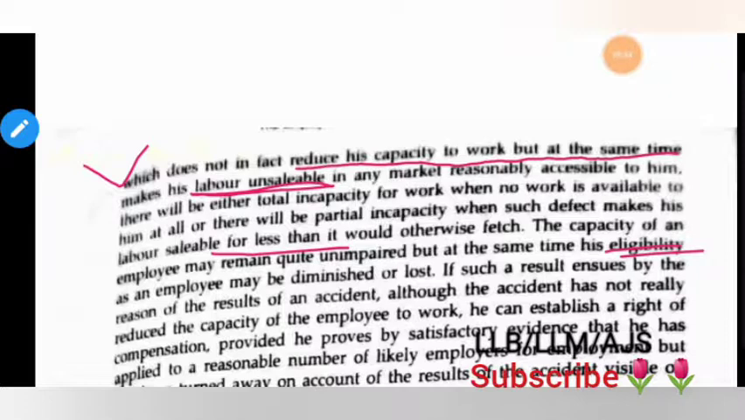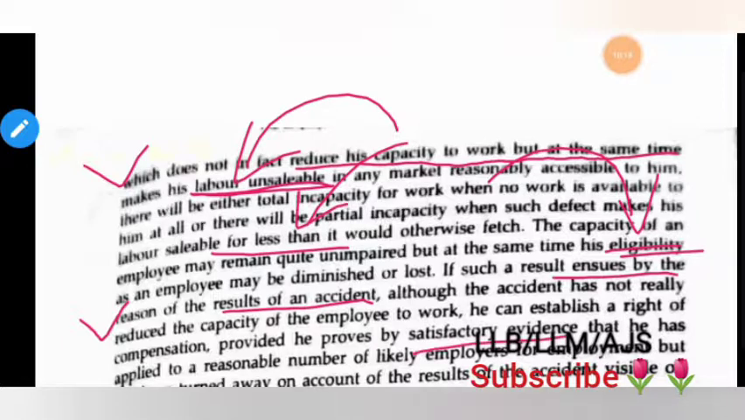So if such a result is endured by reason of an accident, where his labor may become unsellable or sellable for a lesser price, or may make him ineligible for future employment, and if such a result has direct connection with the injury or accident in the workplace, although the accident has not really reduced the capacity of the employee to work, then he can establish a right of compensation, provided he proves by